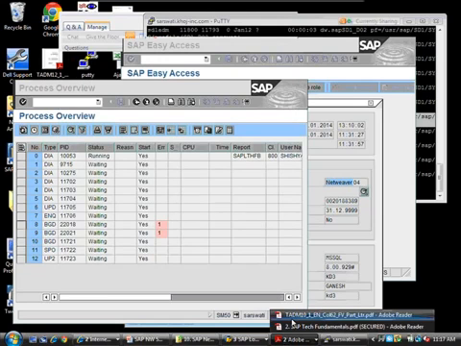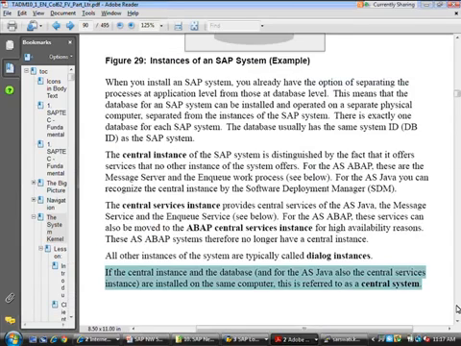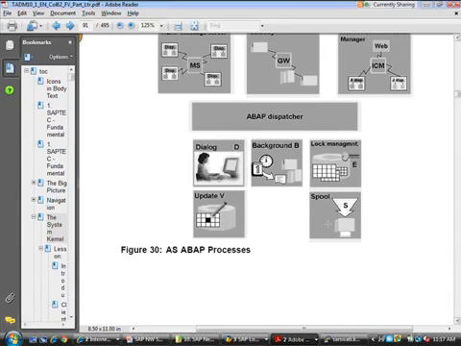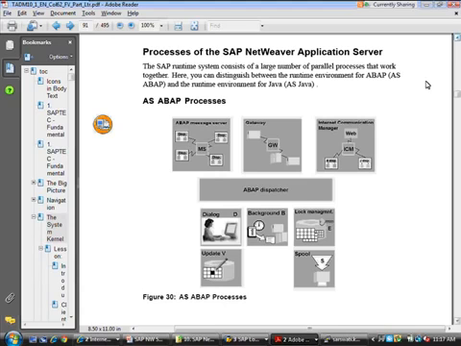So moving back to the material, here is an example of the ABAP processes which run in an SAP system. First of all, there is what's called a message server.